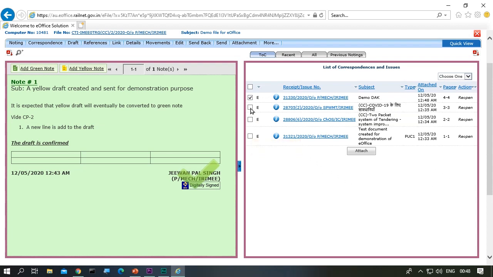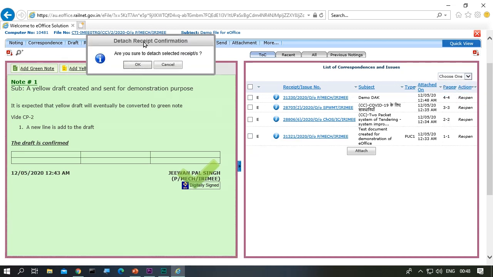If required, we can detach them until the file is sent. If the file is sent, then it cannot be detached either by the sender or the recipient. But before the file is sent, we can detach the CP side attachments that are made by us.